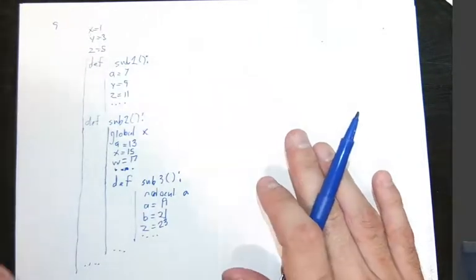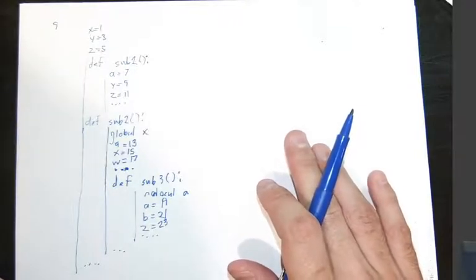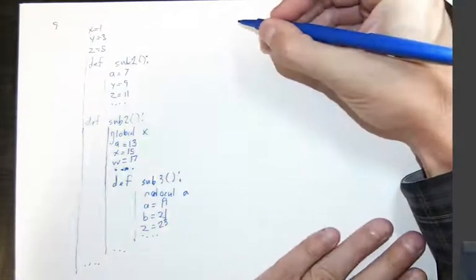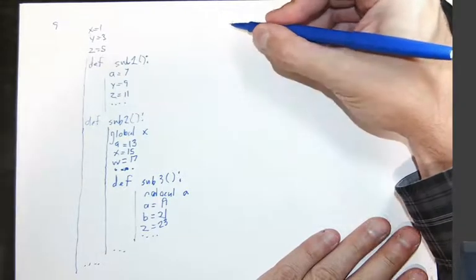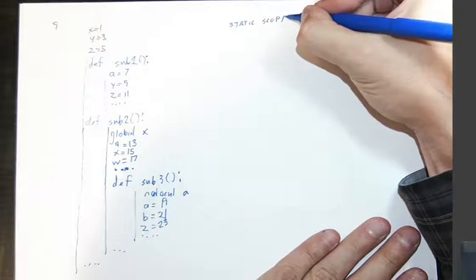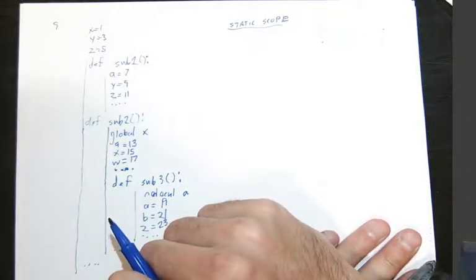The question says, list all the variables along with the program units they are declared in that are visible in the body of sub1, sub2, and sub3, assuming static scope is used. Okay, so static scope. That's the same scope Python normally uses. Okay, so we need to list all of the variables along with the units in which they're declared in, let's